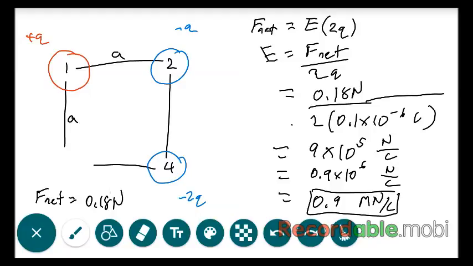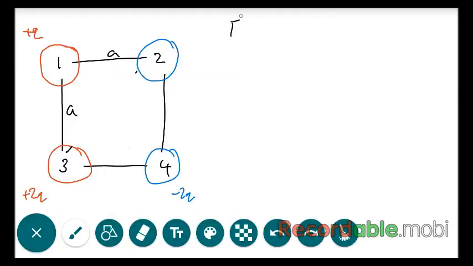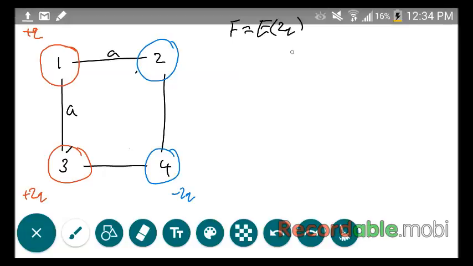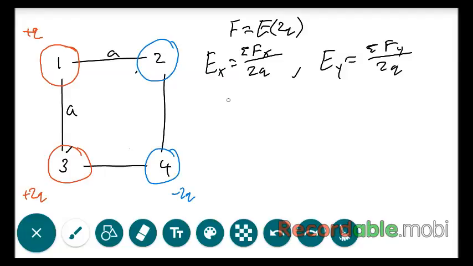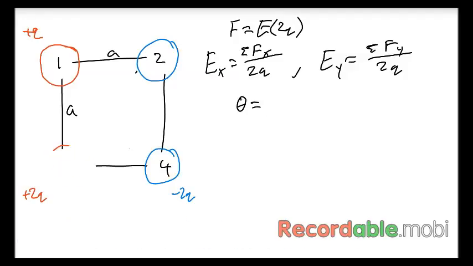Part B also expects us to find the angle. Since we know that F is equal to E times the charge, 2Q, we know that E in the x direction is equal to F in the x direction over 2Q. Likewise, E in the y direction is equal to F in the y direction over 2Q. Therefore, to find the angle at which the electric field acts on particle 3, or if particle 3 was there, in this case it is not,